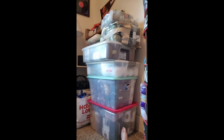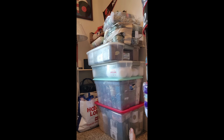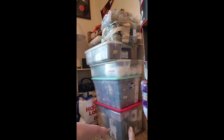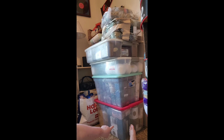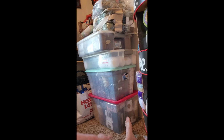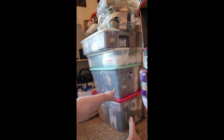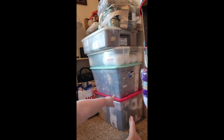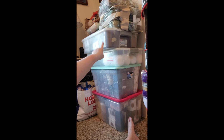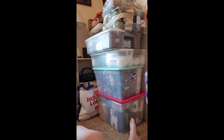Then I have this, which is yarn that I want to get out of here for when this becomes my husband's room. I think this is all alpaca in here. This is all homespun in here. This is all white acrylic. This is all brown acrylic. Those might stay. The white, actually, I'm using a lot of that right now